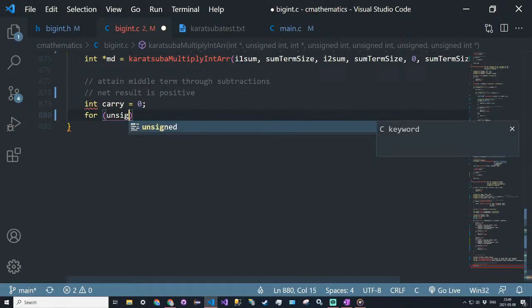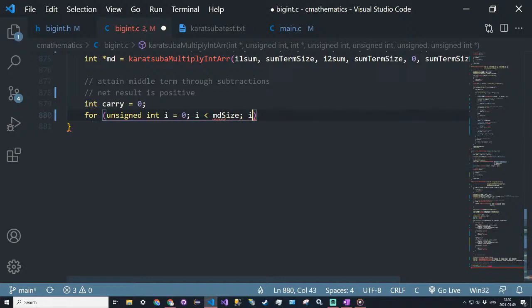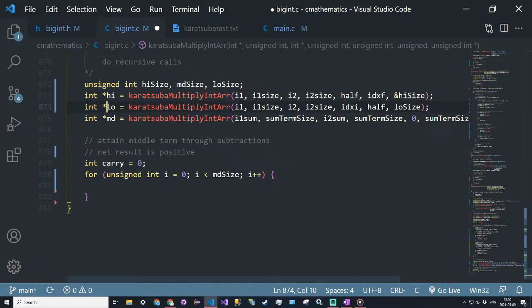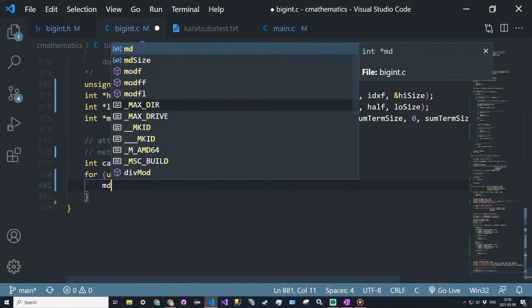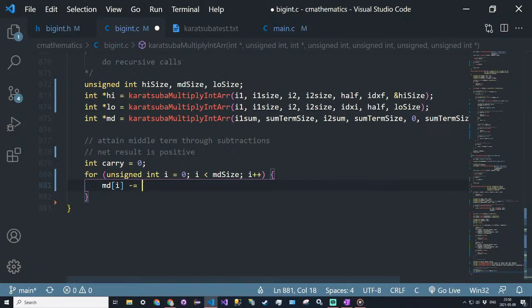Then for unsigned integer I is equal to 0, I is less than MD size, I++. So we are essentially just iterating through all the digits of MD right here, and we're going to be subtracting high and low. So the first thing is going to be MD at I is equal to MD at I minus high at I